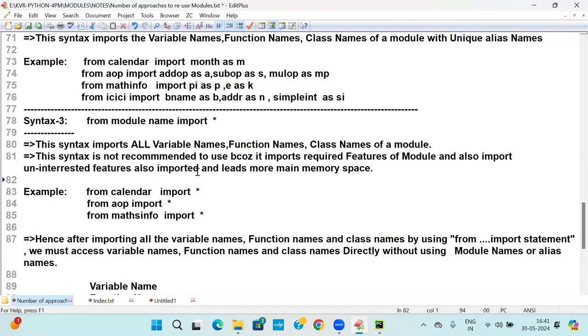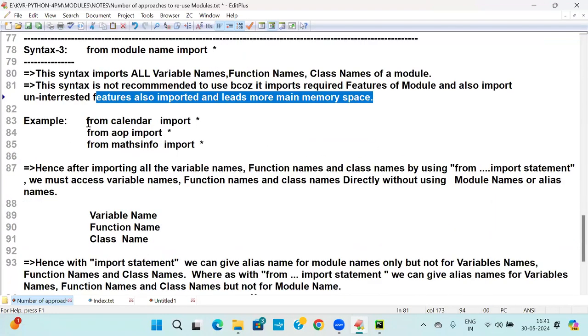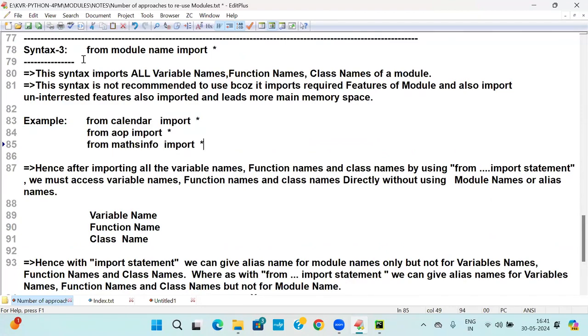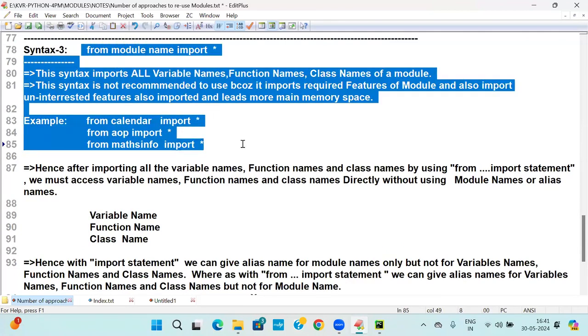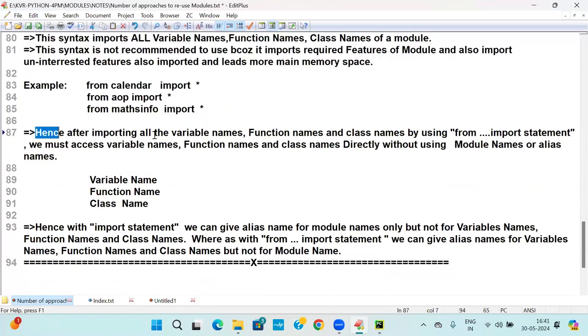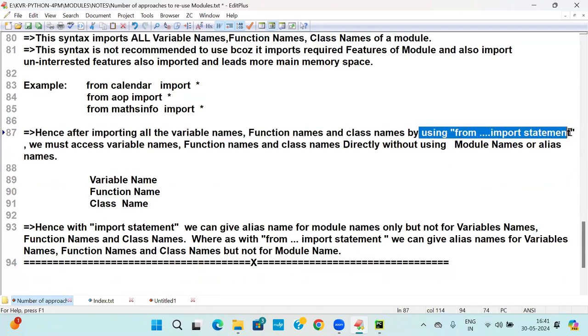Unnecessary features also get imported, which leads to more main memory space being used. That's why this is not recommended. Because as a teacher, I want to tell all the mechanisms. So this we should not use. Understood now? So hence, after importing all the variable names, function names and class names by using the from import